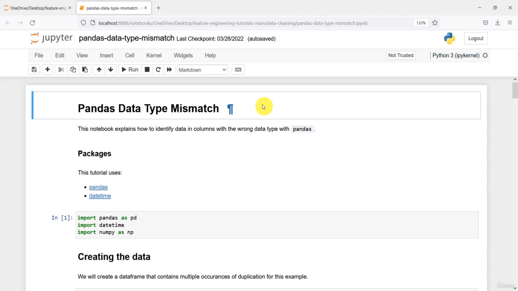In this video, we are going to talk about data cleaning. If you are working on a real world project, the data you might get will have these types of problems. The first problem that we might face is data type mismatch. In this video, we are going to talk about this problem and how to solve it by cleaning the